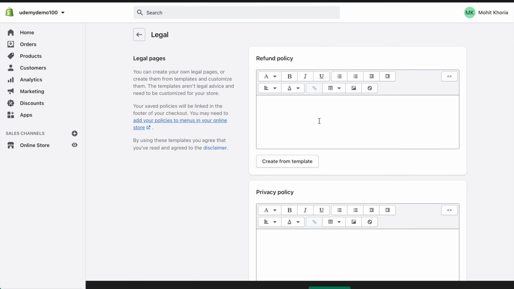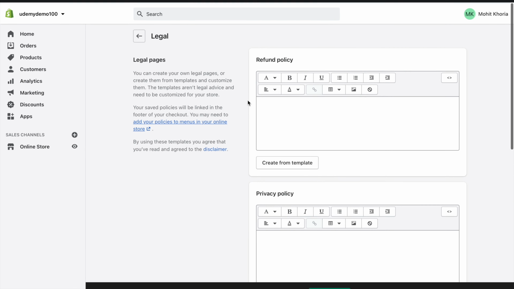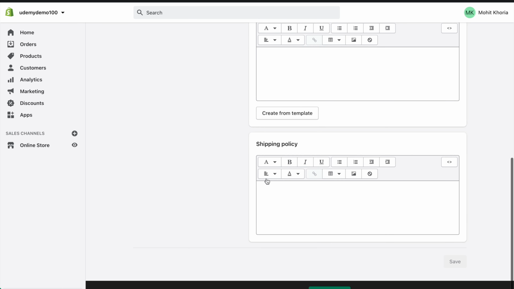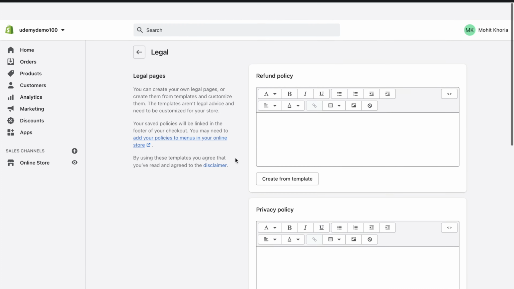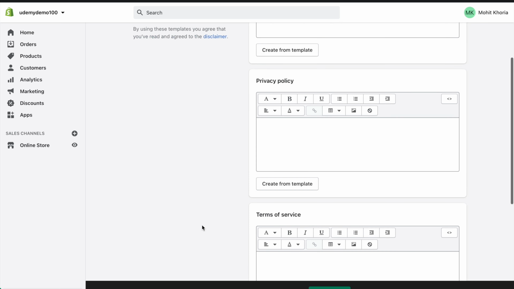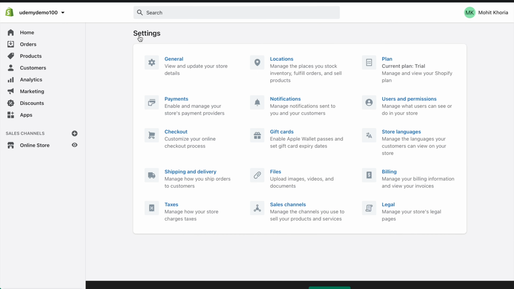And this is legal. So this is very important. Here you can create your legal pages, which is very, very important because everyone sees your legal pages. If it is a payment gateway like PayPal, Stripe, Cashfree, any payment or checkout, they will see your legal pages. Any customer will see your legal pages, what your shipping policies are, in how many days you ship your orders. So this is very important. This is the first part you should always do while setting up your online store on Shopify, because legal pages are very, very important. So we will set this up in the coming lectures.